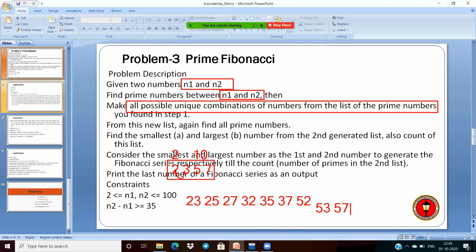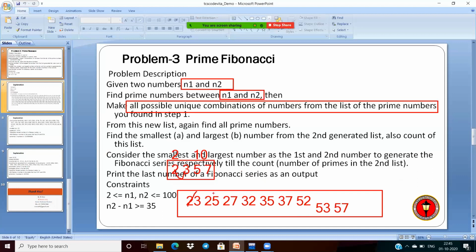So these are the scenarios: 23, 25, 27, 32, 35, 37, 52, 53, 57. These are the possibilities, and from these we need unique combinations. Sometimes you may get duplicates; remove those duplicates, and find all the prime numbers among these combinations. 23 is prime.